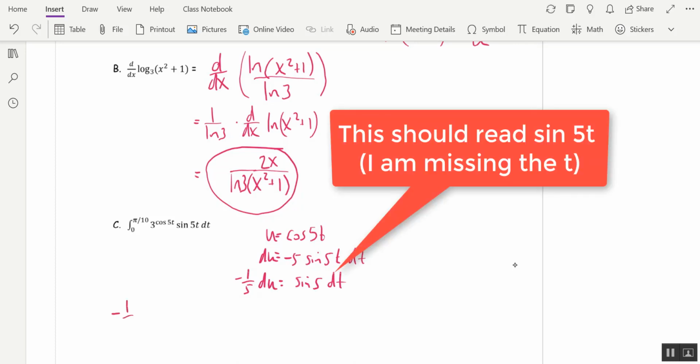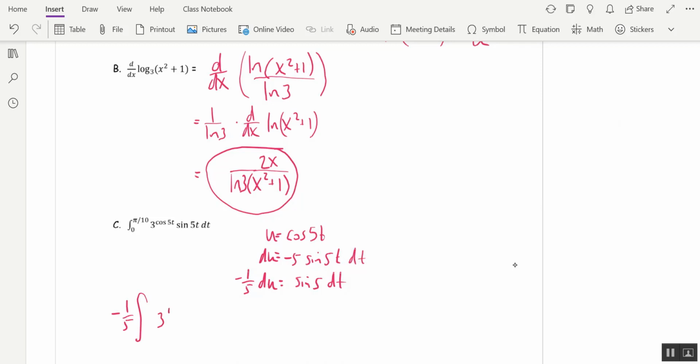I'm going to put my negative 1/5 out front, integral sign. What I'm left with is 3 to the u du. And I'm going to change the limits. When t is 0, u is cosine of 0, which is 1. And when t is pi over 10, u is cosine of 5 pi over 10, which is pi over 2, which